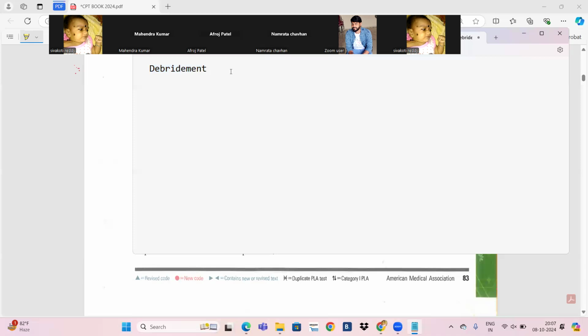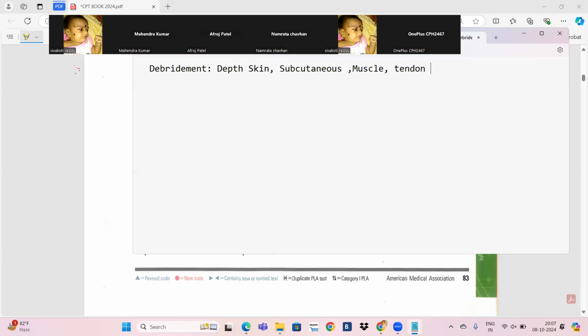So first you need to check depth. Tell me what depth we have. Skin, subcutaneous, muscle, tendon, fascia, bone. This is the depth. You need to check the depth, at what level they did debridement. Then